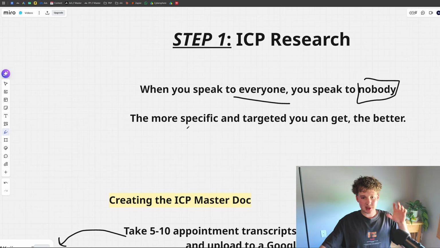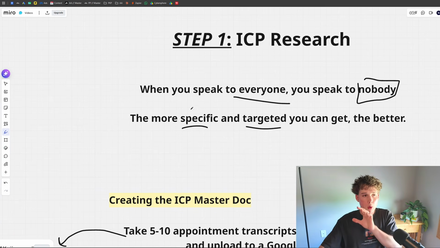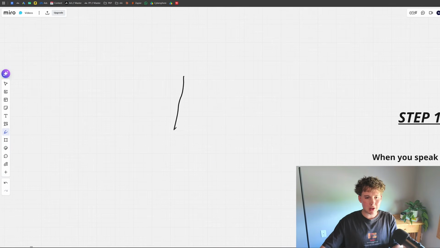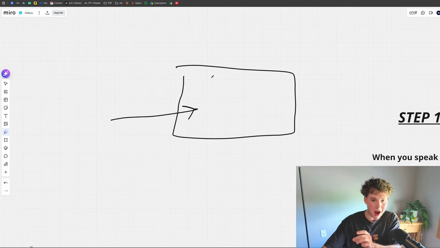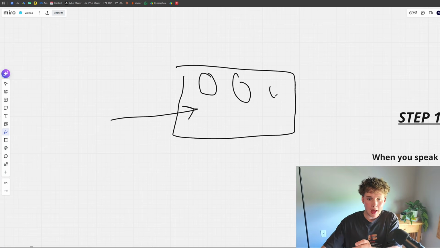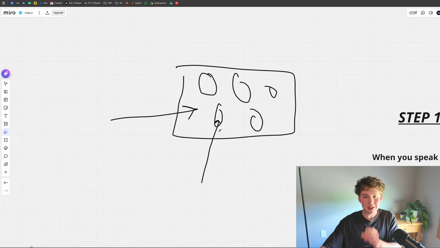So what you need to realize is the more specific and targeted you can get, the better. Now, I'm not saying that you want to go super, super niche where there's barely a market for that. No, not at all, right? We need to be realistic here. But the way it works is a lot of you guys see this market size and you're just targeting this entire market. But what you need to understand is there are pockets within this market, and if you can speak directly to a specific pocket, it's going to convert so much better